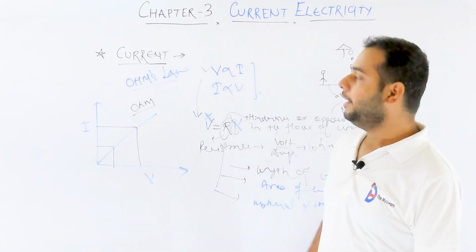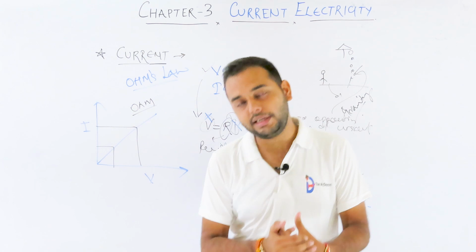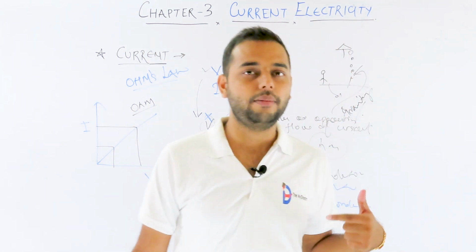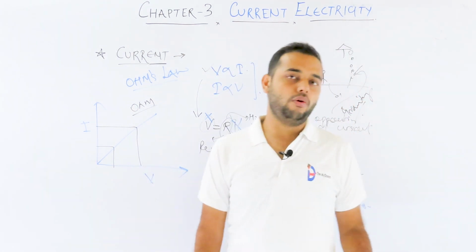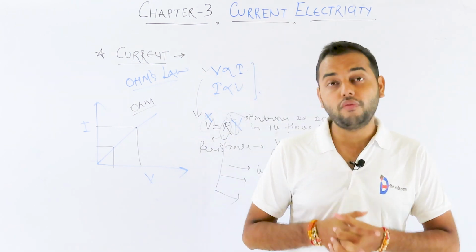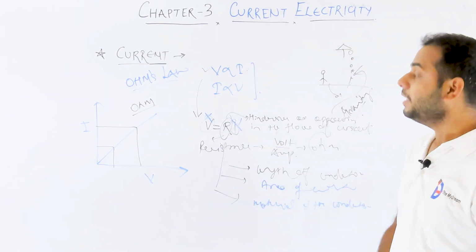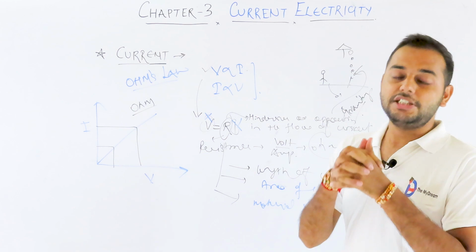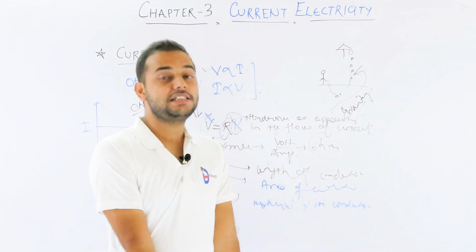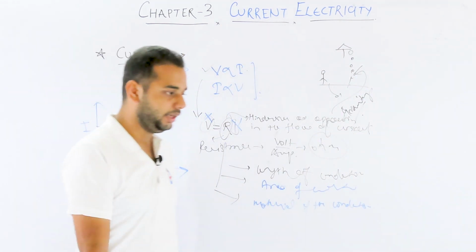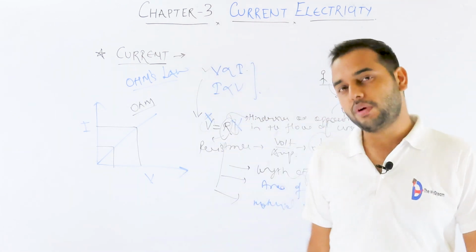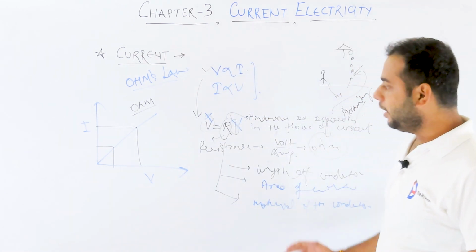So this is basically an introduction of what current is, and why we are studying this, because our basic motto is what, why, and how. So why are we studying this? We are studying this to understand the biggest invention of human life, because everything depends on light and electricity only. Our life is totally dependent upon electricity. That's why we are understanding this.